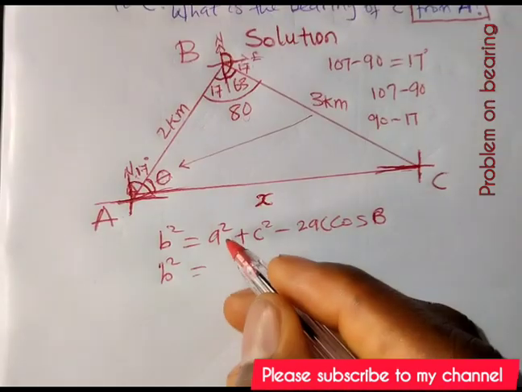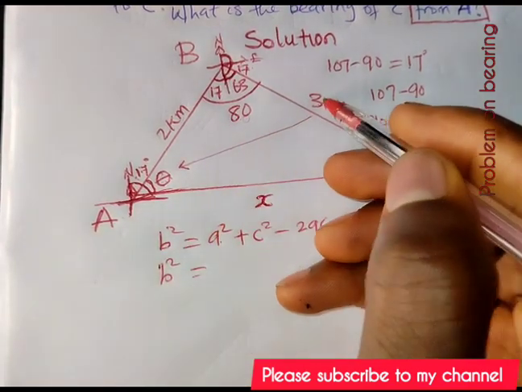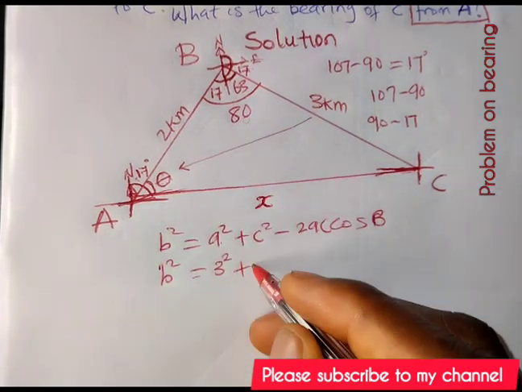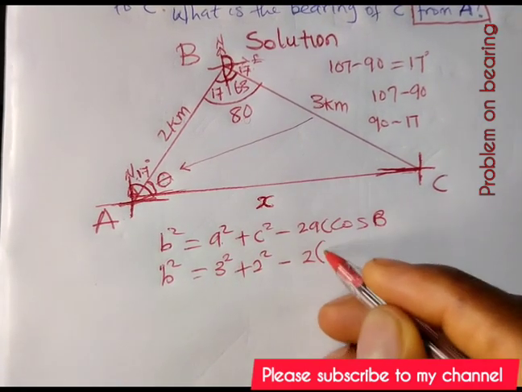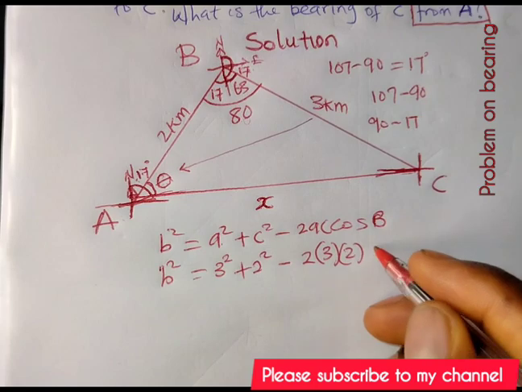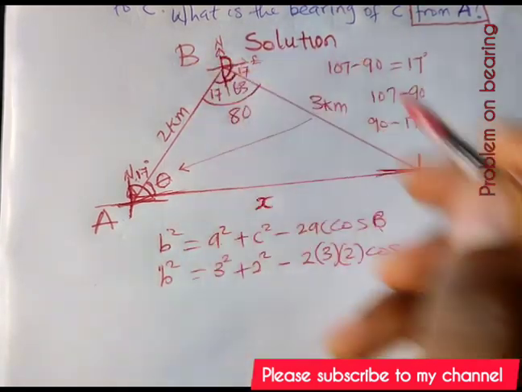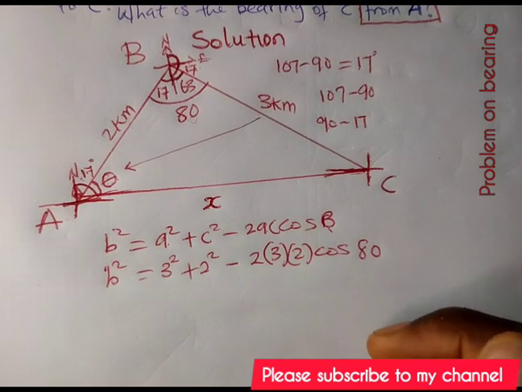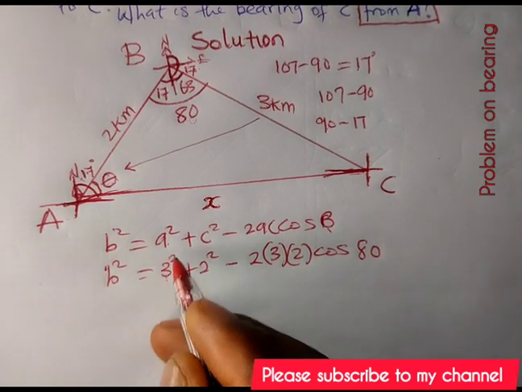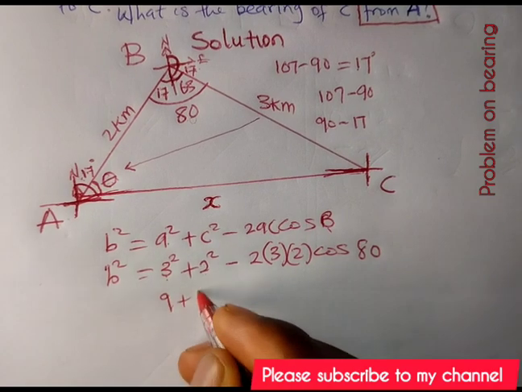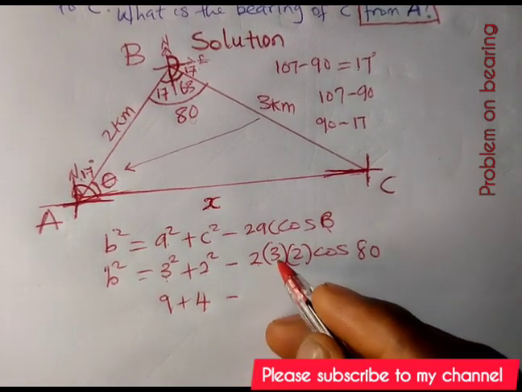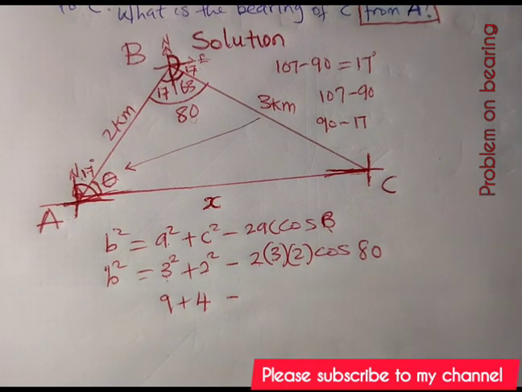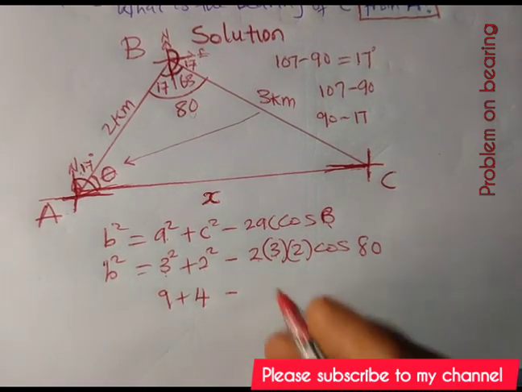B squared is equal to my A, the side facing A, which is 3 kilometers. So 3 squared plus the side facing C, which is 2 kilometers, minus 2 times 3 times 2, times cos B, the angle at B, which is 80 degrees. Then you can point your calculator, one after the other. Here first, 3 squared will give me 9, 2 squared will give me 4, minus 2 times 3 is 6, times 2 is 12. 12 cos 80 will give me